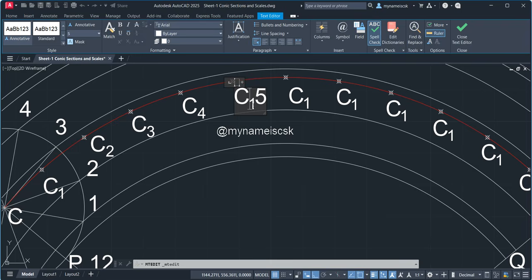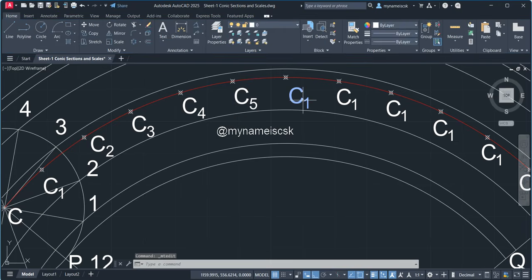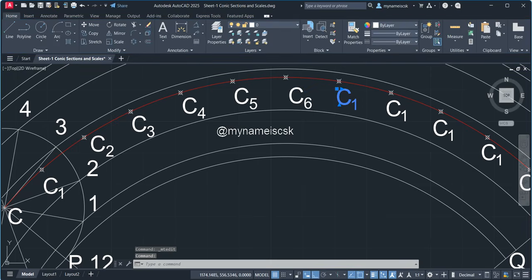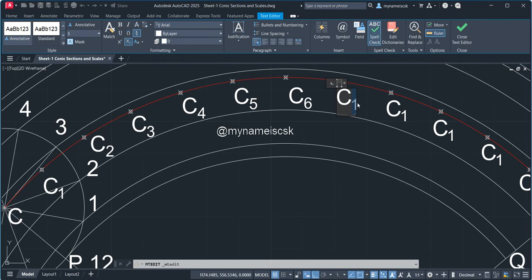C5. Select the C5, make it as subscript, make it C6, make it as subscript, C7, make it as subscript,